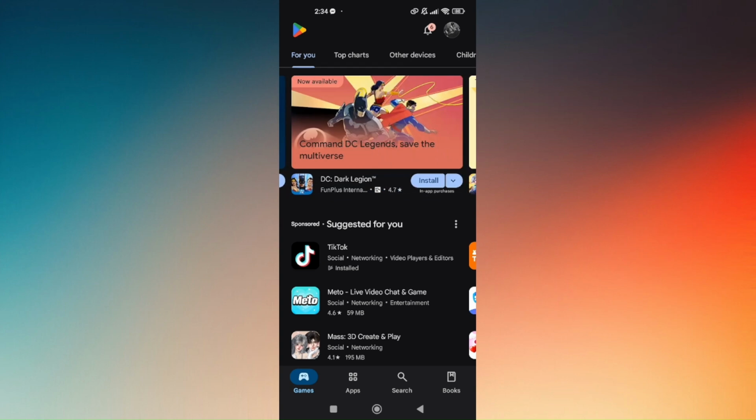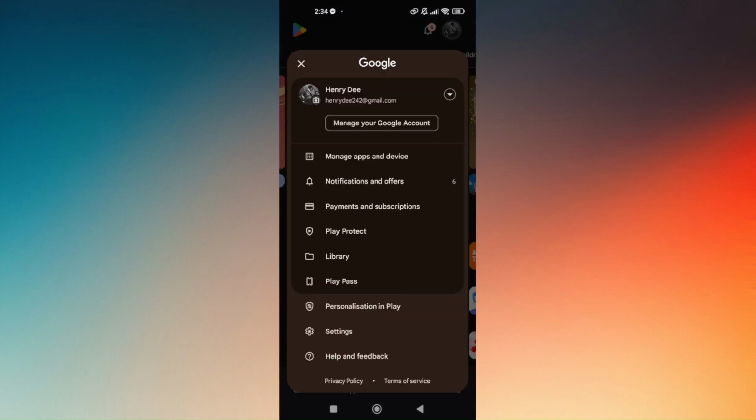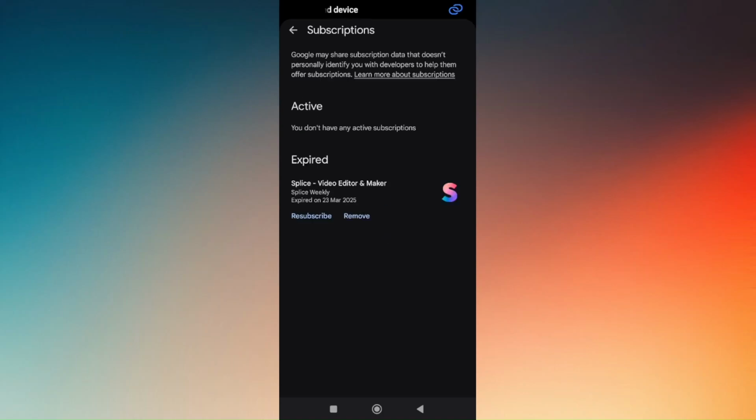Now to do so, just head over to your current profile picture right there. Simply tap on that and then go directly to payments and subscriptions. In here, you should be able to see four options: payment method, subscriptions, budget and history, as well as redeem code. Now, if you head over directly to subscriptions,